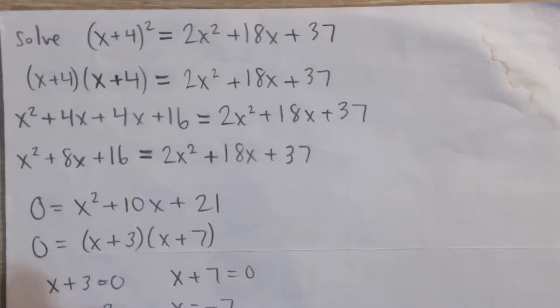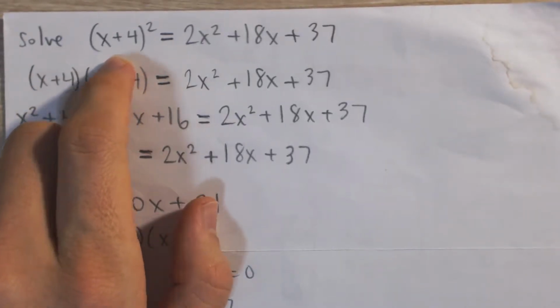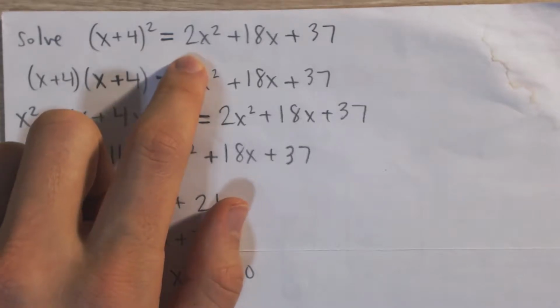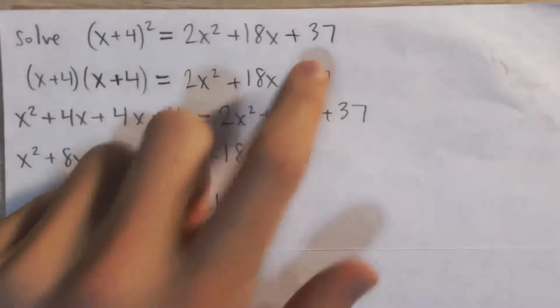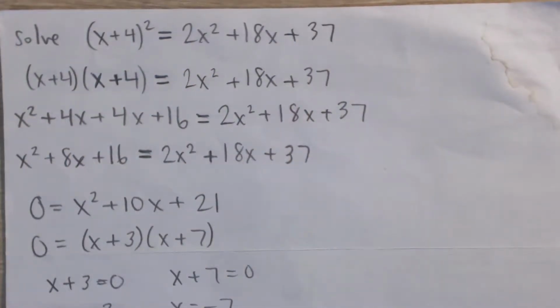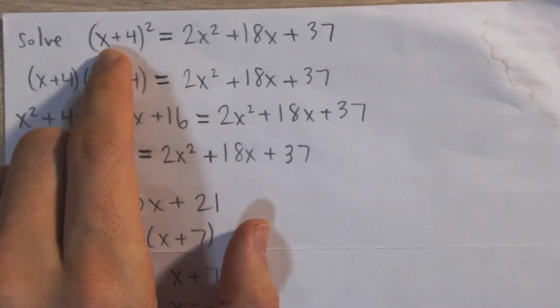Okay, so here we have to solve this quadratic equation: (x + 4)² — a binomial squared — is equal to 2x² + 18x + 37. So how we're going to do this, trying to solve for x here, is first we must expand this bracket